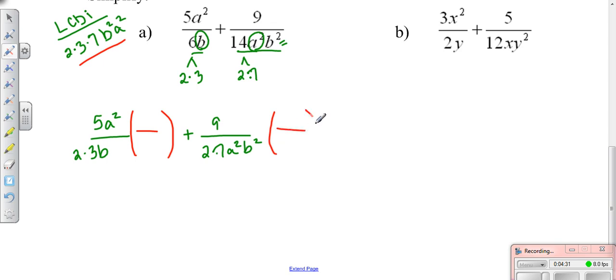So what am I missing out of this? What am I going to multiply each one of them by so that the denominator transforms to this new thing? Well, I have the 2 and the 3, so I'm going to need the 7. I have 1b, so I'm going to need one more b and the a squared. What do I need over here? I have the 2. Oh, I'm going to need the 3. I have the 7. I have 2 b's and 2 a's, so this is all I need to multiply by. So multiply the numerators, and I'm going to get this new denominator. I'm not really going to worry about multiplying it together yet,